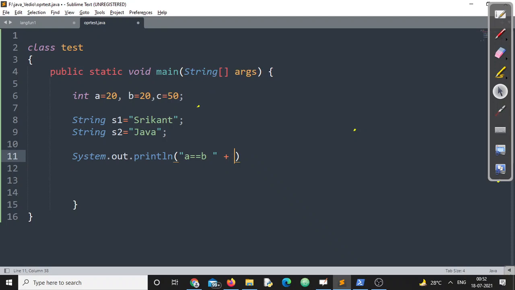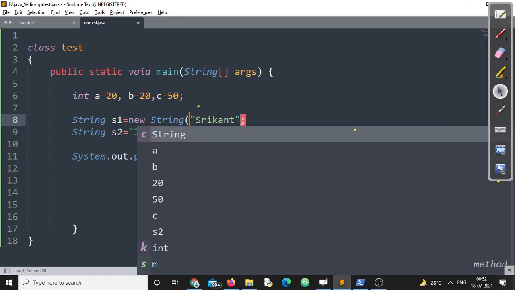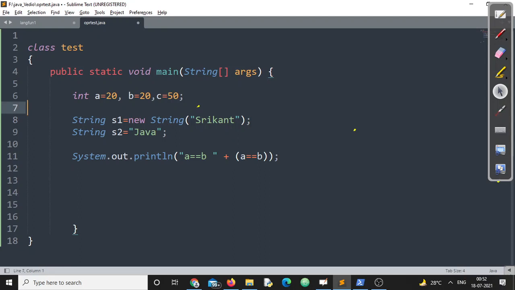Either it will be true or false, right? Similarly, I am writing String S1 equals new String, within bracket Srikanth. For the second string, let me copy the entire line so that I don't have to retype it. Done. Now let me compare.